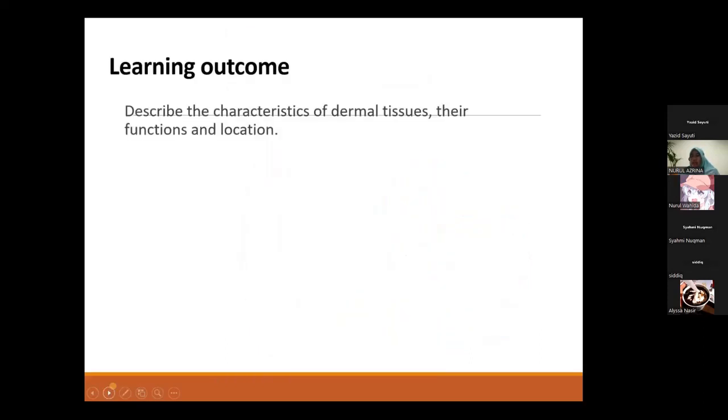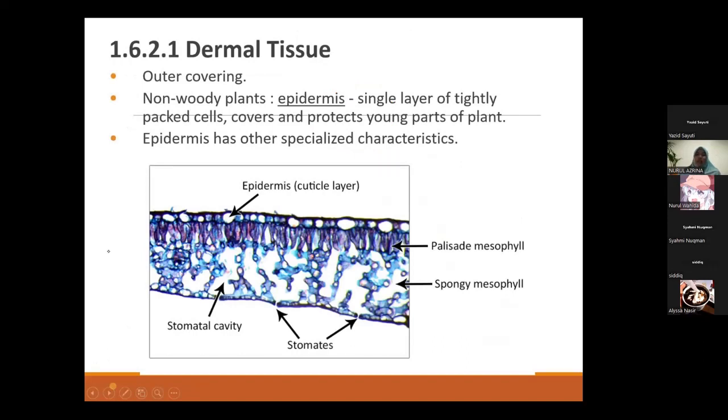Okay, so let's start first with dermal tissue. So dermal tissue is the outer covering of the plant. Okay, we have discussed that non-woody plants have epidermis, right? That helps to cover and protect the young parts of the plant. All right. And in some other plants, epidermis also has other specialized characteristics. Besides protection and covering the young plant, epidermis has other functions and characteristics, that is,